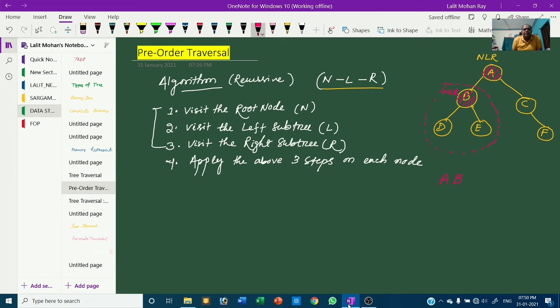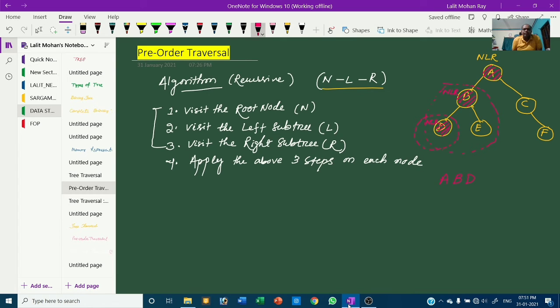Then you visit the left subtree of B, apply NLR here, and D will be traversed. Here there is no left subtree for D and no right subtree for D. That means D is completely traversed, and this subtree is completely traversed.